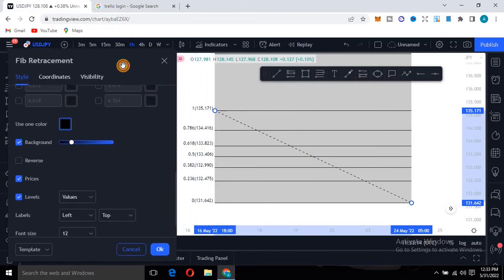So if you take a look at here, you discover that after this number, which is the percentage, we have price. So if you like, you can remove this price here. Watch what will happen when I click on price here. You see everything just disappears, showing you only the percentage. Alright. So the next thing you can be able to do